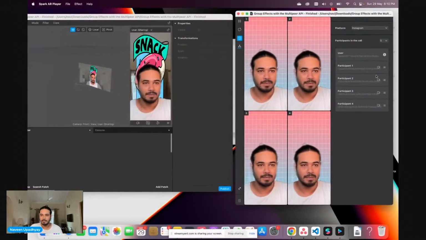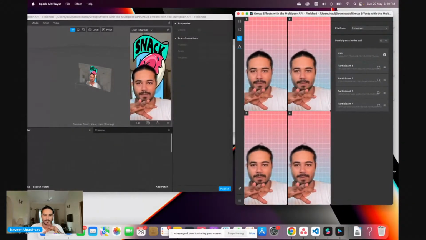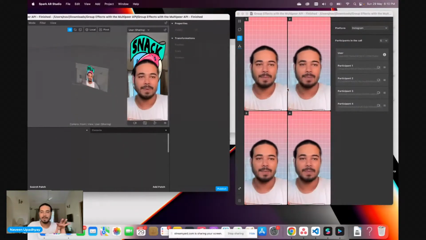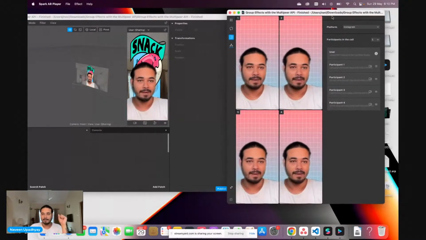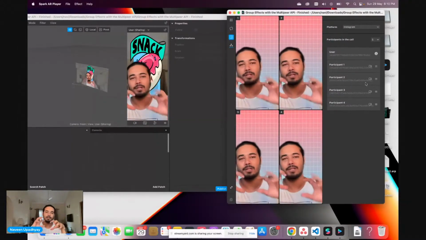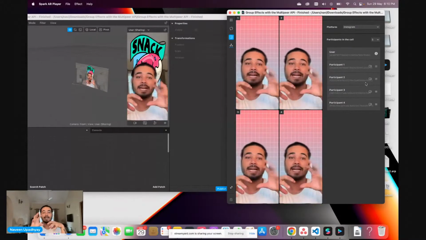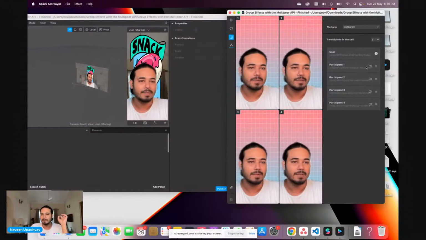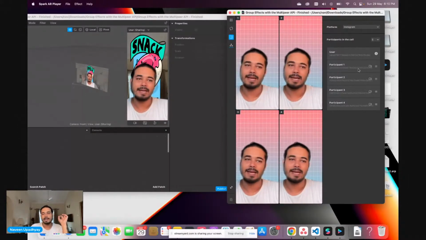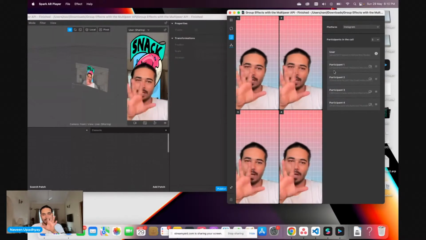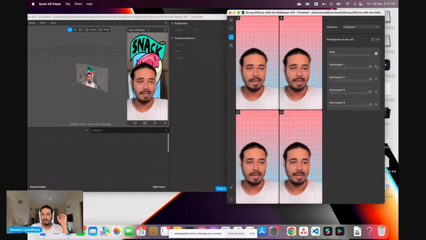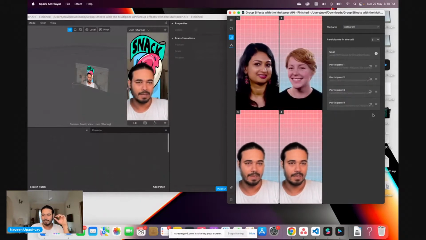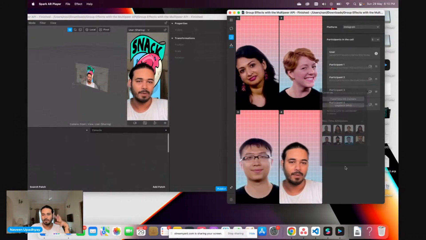So this user is this guy, this in the Spark AR Studio, and the other participants, they're in the Spark AR player, the 1, 2, 3, 4. They have their unique ID that Spark AR identifies them with. So this is probably ID number 1 and 2 and 3 and 4. This is the actual ID, but we'll just call it 1, 2, 3, 4 for the sake of convenience. So I'm just going to give a different person here and a different person here, so it's easier to understand what we are doing.